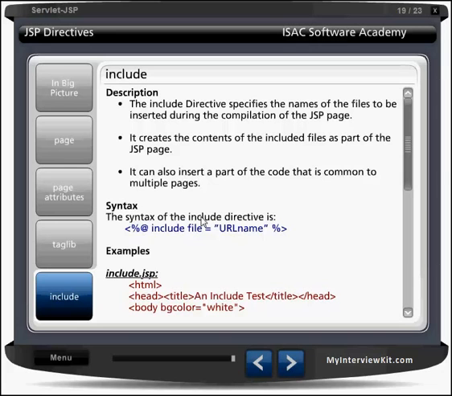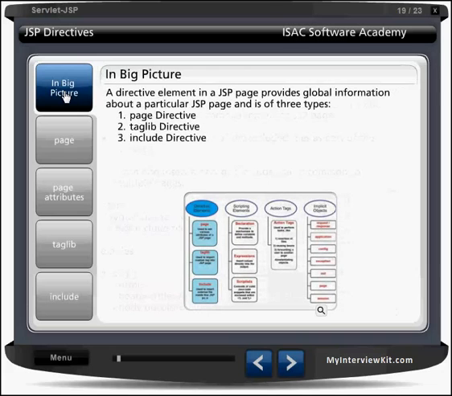The next one: here we are having page directive, include directive and taglib directive. So we are having three directives and we'll see the uses of page, taglib and include, how they work, and what the code and statement for that is.